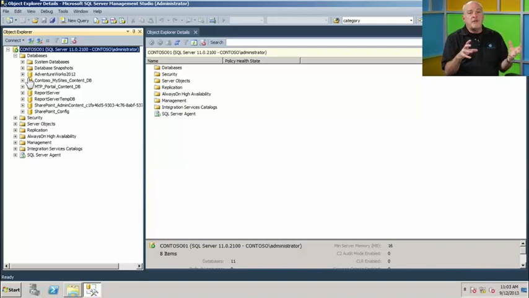Now, if you're seeing our demos and you're like, hey, I'd really like to explore with this, you can actually go up and download AdventureWorks 2012 and install it. If you're running SQL Server 2008, you can install it for that as well. So if you're looking at this and thinking this would be pretty cool to have as a play environment, you can do so. Just look for AdventureWorks, and download the flavor for your particular version of SQL Server that you're running, and you'll be able to use that information.